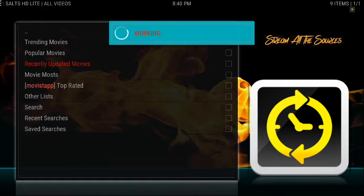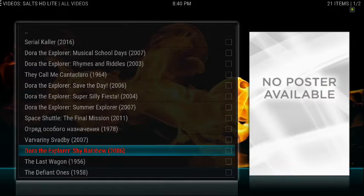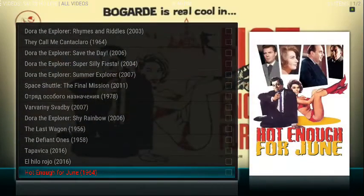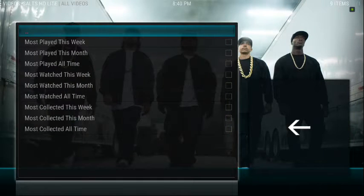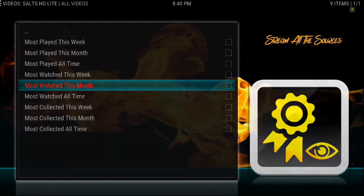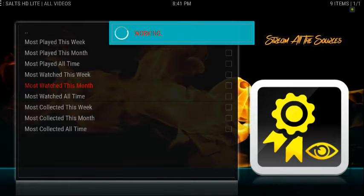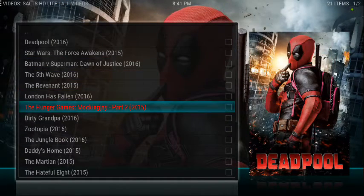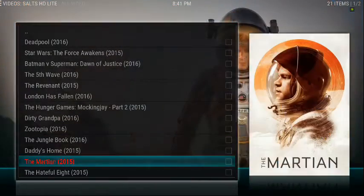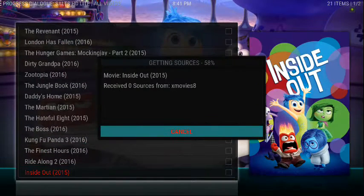Recently updated movies, I like to go into that, see what the recent movies that have come out or been updated in the Salts Lite HD add-on, excuse me. And so that's nice. Movie Mosts, so you can really go in and see the very latest of what people are watching and so forth. So look at what's most watched this month, and again, you've got a lot of the same ones that you've seen around. Let's just pick one and go in there and just make sure it works. Give you a feel for how it works,